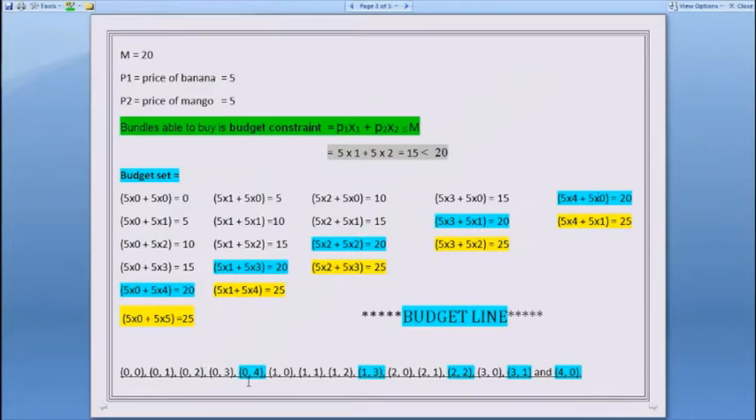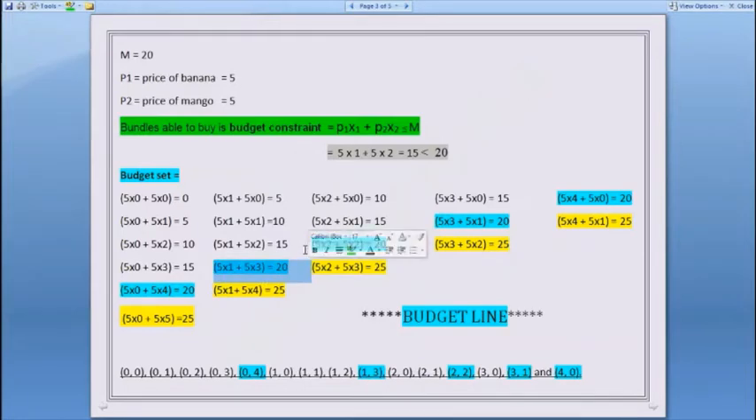These are the bundles that if you choose this combination, you'll be able to spend the amount of money that is equal to what you have, equal to m. You spend 4 on mangoes, you spend all the amount of money you have, m, which is 20. You don't have any more money left. You buy 1 on banana and 3 on mangoes, then also you'll be able to spend all your money, 20